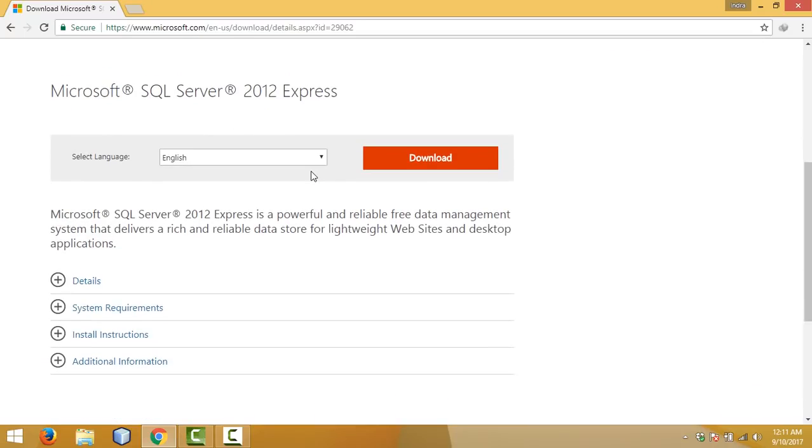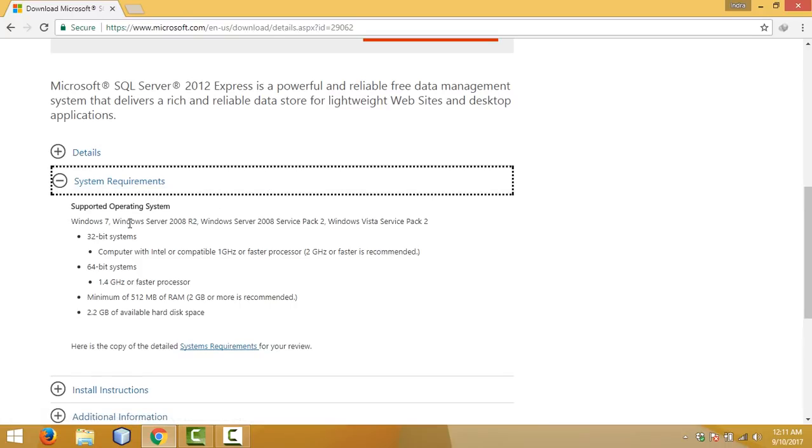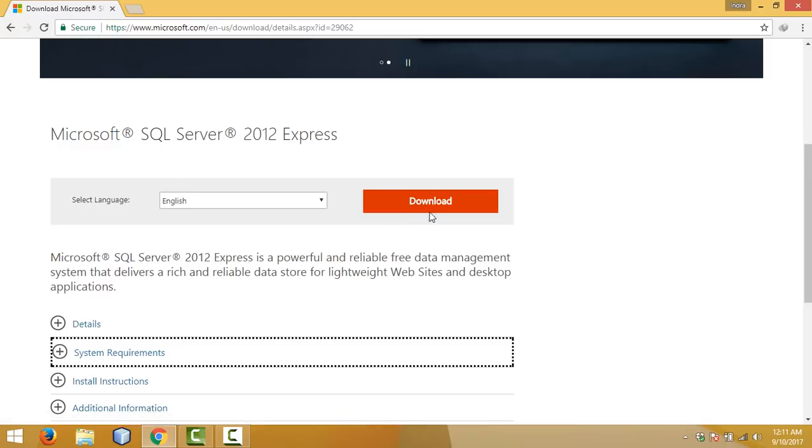And before download, be sure that your computer fulfills all the basic requirements to install this server. For example, your computer may be of 32-bit or 64-bit. You need to check that, and your processor speed and size of storage capacity and size of RAM you need to check first. Then after click on download,